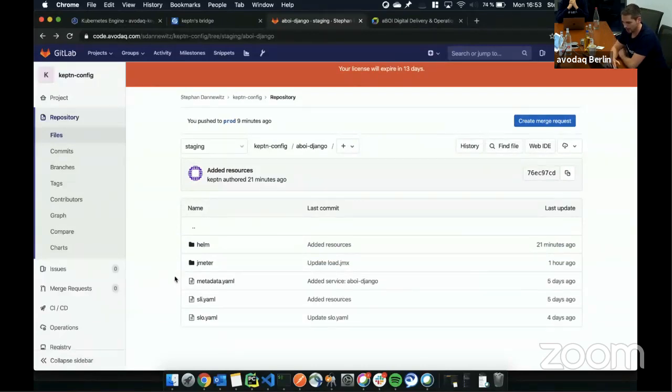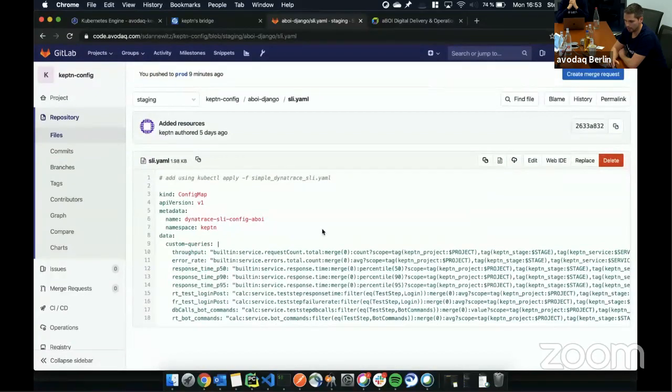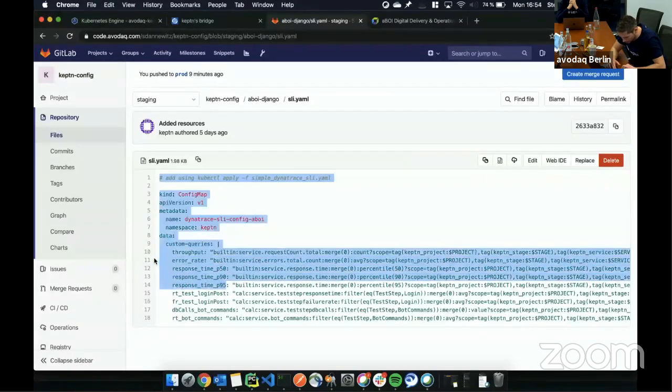It's a typical Helm folder structure, and we can take a look, for example, at the SLI file. In our case, it looks like this. It's again a YAML file, and you have some custom queries which you have to define beforehand, or the default ones, which are the first 5 lines here: the throughput, the error rate, and the response time with the different percentiles.